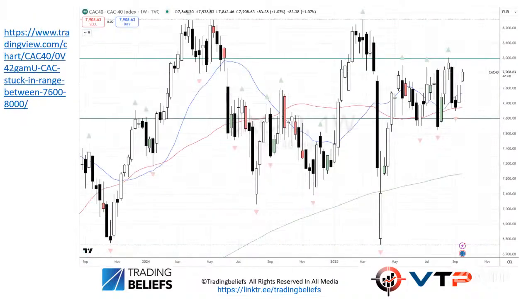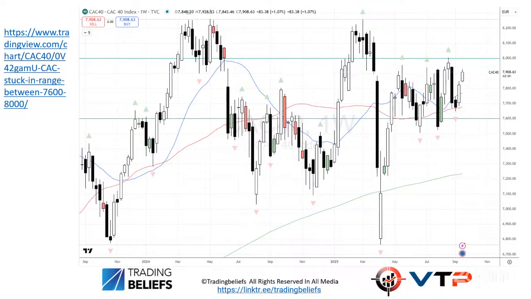Okay, so I mentioned there about France. This is the CAC 40 on the weekly chart. Last week we had the collapse of once again another French Parliament. I think it's 5 prime ministers they've had in 2 years. I'm sure someone will correct me if I'm wrong, but either way, it does not in any way give you any particular confidence about France and Europe in general. I'd say that's reflected in the price of the CAC